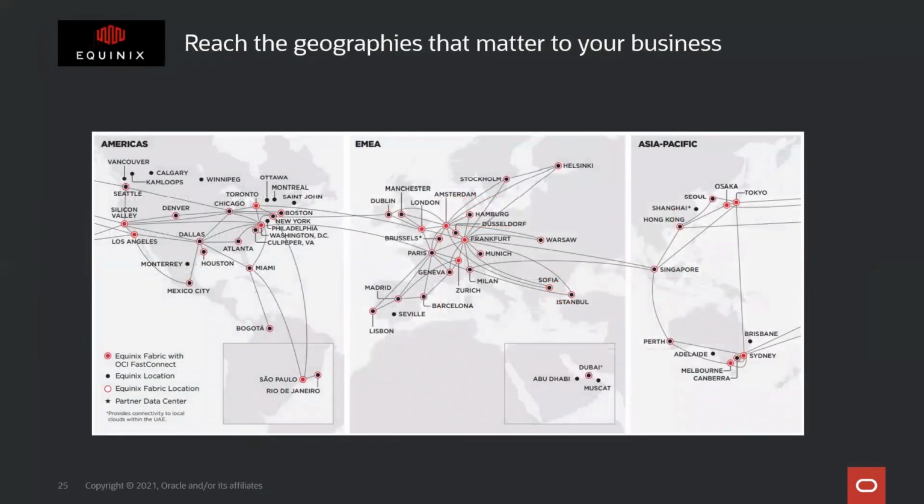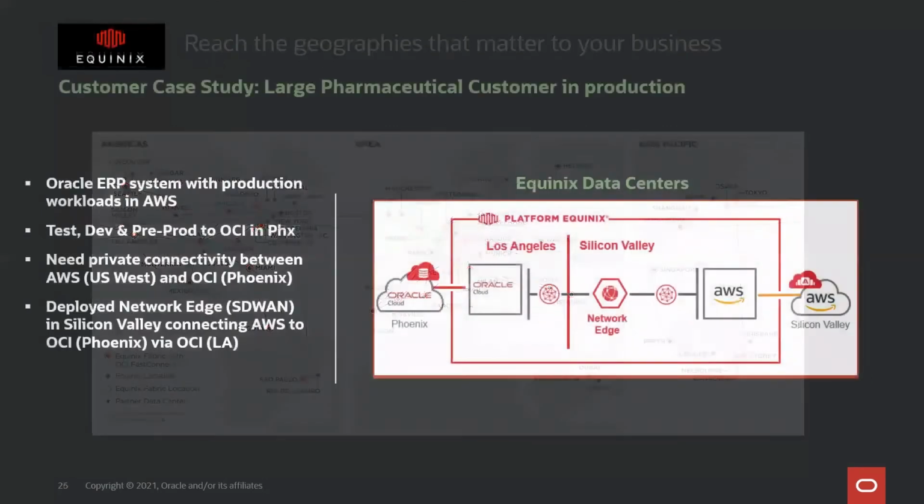Another one of the advantages with Equinix is just simply their size. So they reach across the world. They have over 200 data centers around the world and many more on-ramps into the cloud. A lot of their areas are enabled to access the OCI cloud very simply, and we'll take a look at one of the data centers here, but just simply the breadth of reach that they offer is very, very impressive.